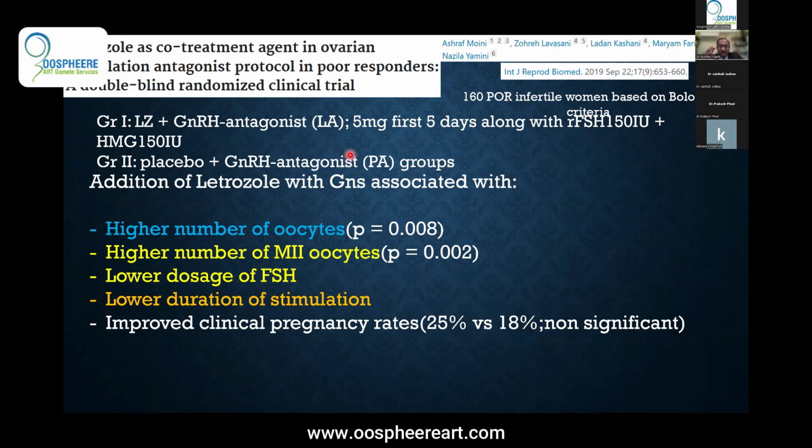So if you give 5 milligram of letrozole in the first 5 days, that is the day when you start gonadotropins, day 2 to day 6, and it was compared with a group where antagonist protocol only, but without any letrozole. Addition of letrozole is associated with a higher number of oocytes, higher number of M2 oocytes, and FSH requirement goes down, duration of stimulation goes down, and there is no compromise in the clinical pregnancy